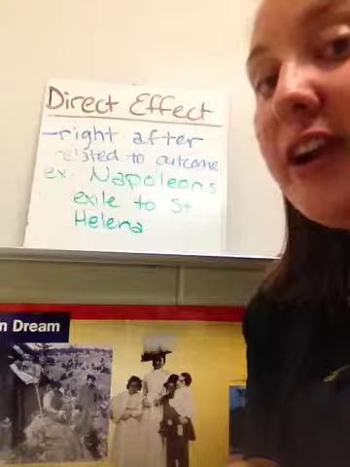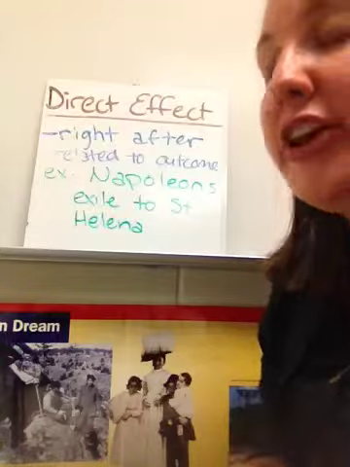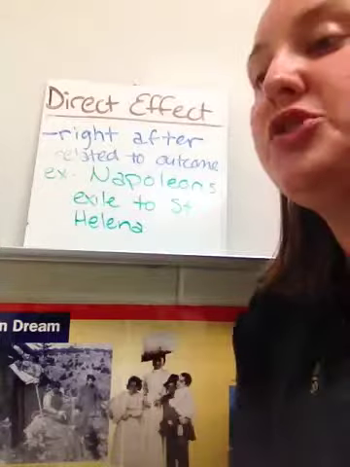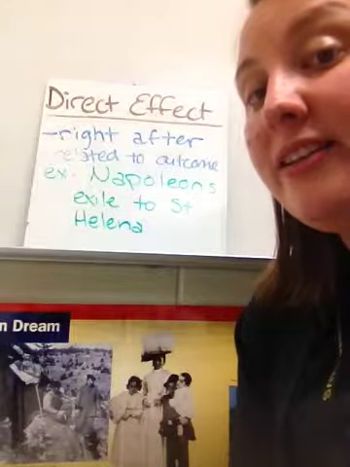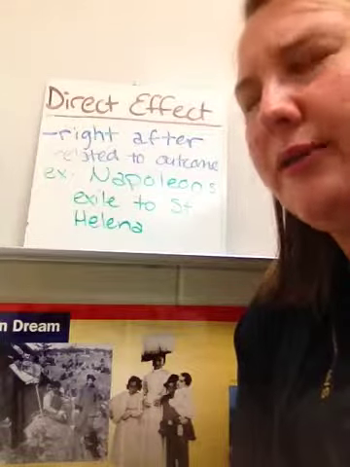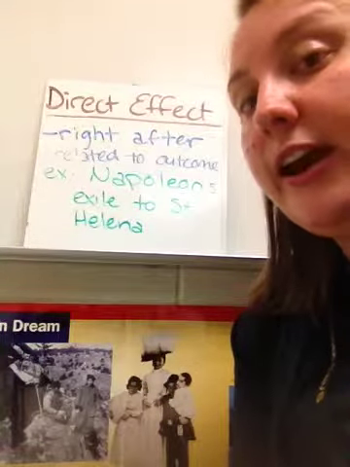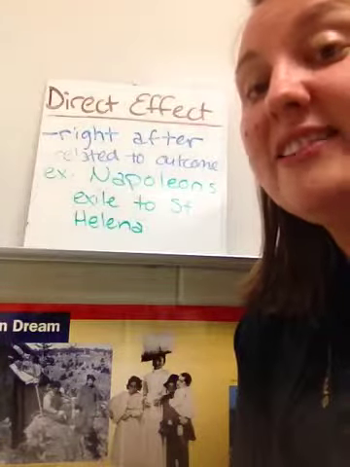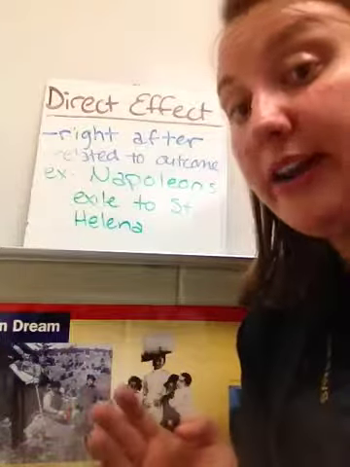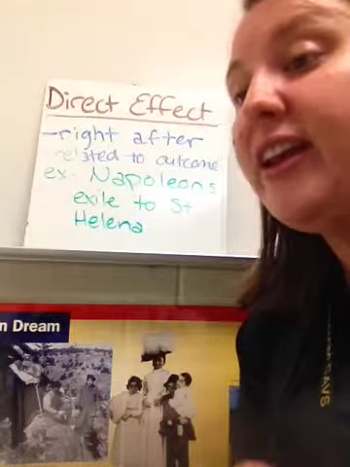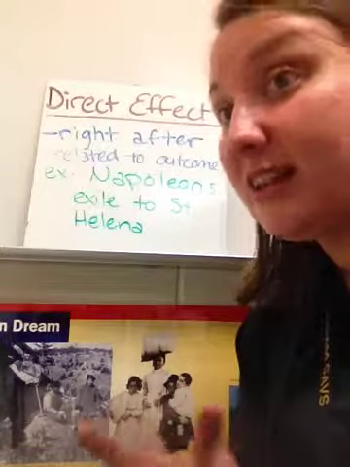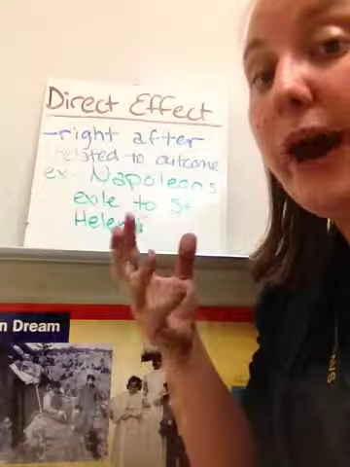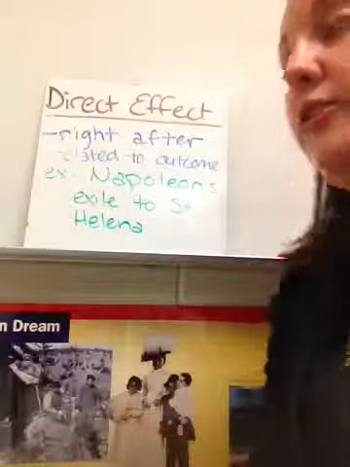Now, right after his empire fell apart, right after he was defeated, was related to the outcome. He was exiled to St. Helena. Remember, that was that island in the middle of the Atlantic Ocean where he died when he was about 36 years old. All right, he couldn't come back from that. Could not come back from that island. That was a direct effect of his empire falling apart because nobody wanted him to be the ruler anymore. He had been defeated. His subjects had created their own nations. They felt nationalism. So a direct effect of his defeat and his empire dissolving was him being exiled.